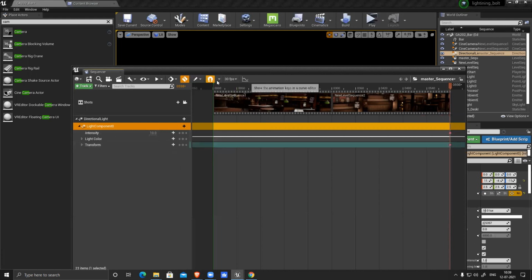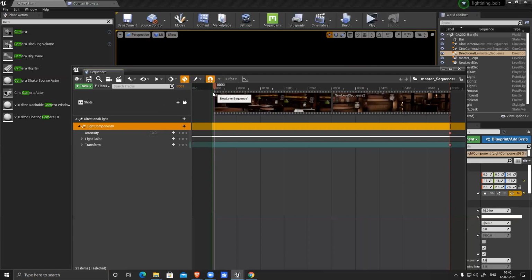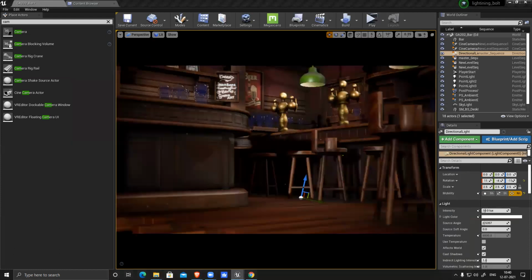Now I want to move this thing, first frame. Okay, any frame. And here I want to modify the light and transform this thing. So last frame I have modified.